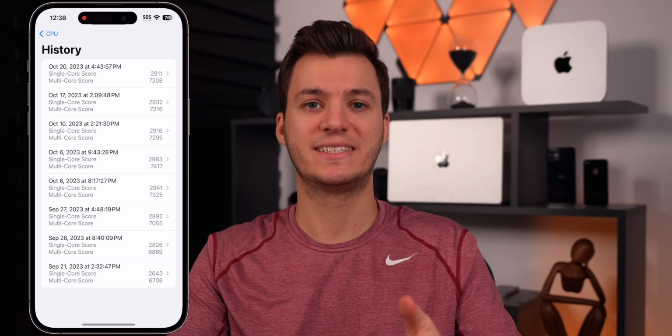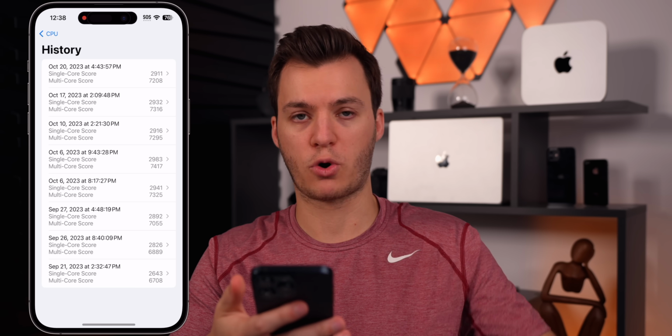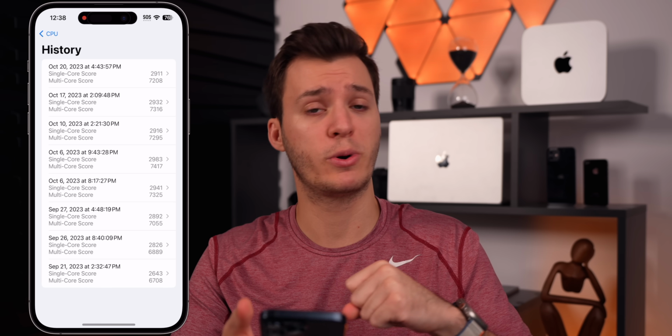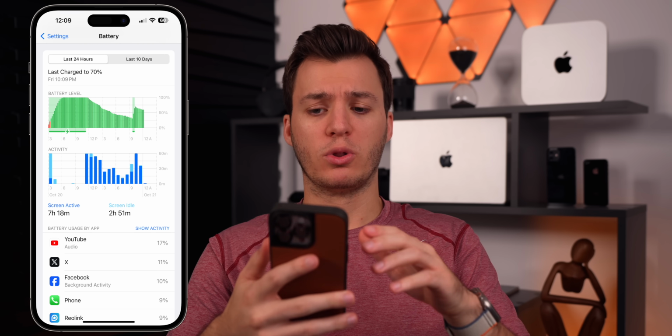But again, take all these Geekbench scores with a grain of salt. They don't really tell you the full story. They don't really tell you much. I think performance is pretty much on par with 17.0.3. It could even be slightly better. I've really had no hiccups at all with 17.1. It's pretty stable. Now, as far as battery life goes, I am going to pull up my main phone here